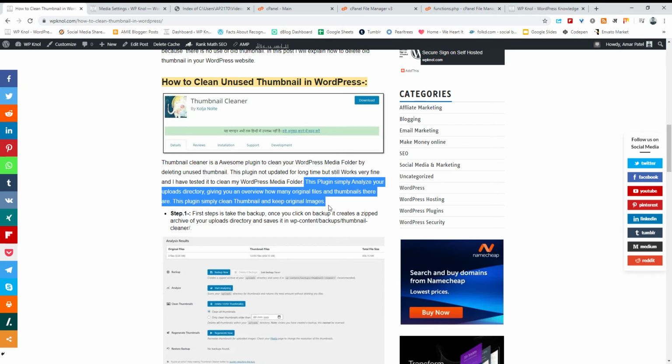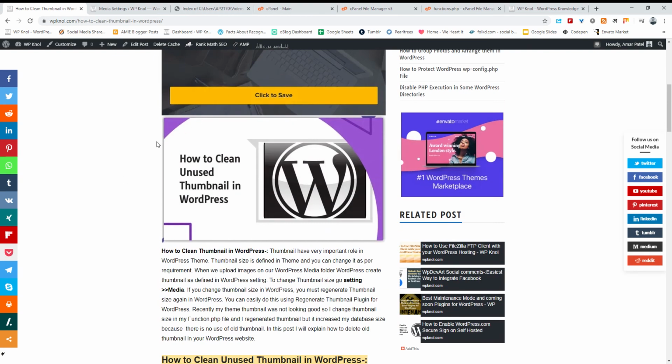So basically when we upload any image to our blog post, suppose I have uploaded this image, which is a single image of size 1024. When we upload this image, according to our thumbnail settings, WordPress regenerates different sizes of that image and keeps them in the media folder.